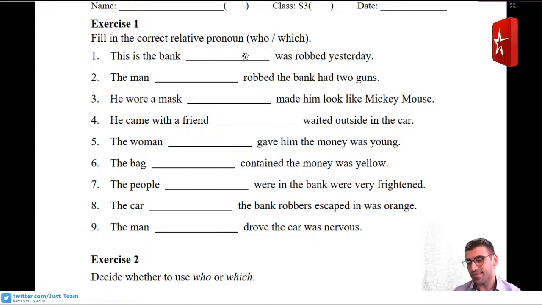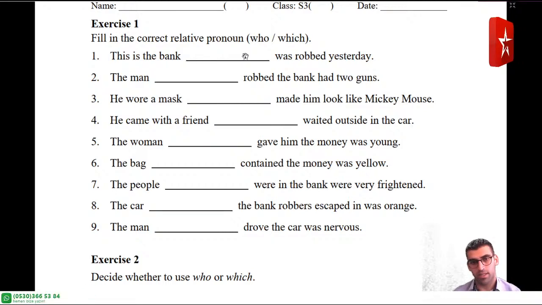Okay. So, in order to define this clause, what should we use here? Number 7 is who. They write Gül, Safa, and Sıla. They say the correct answer is who. Who is the correct answer? Yes. Can we pass to the next question? Yes, sure. Why not? And number 8. Number 7 was who. Number 8, the car blah blah blah the bank robbers escaped in was orange.